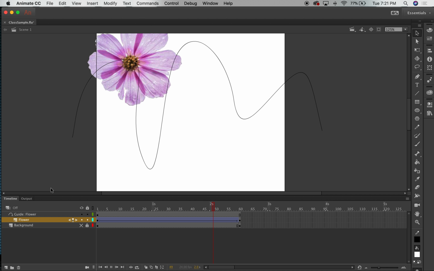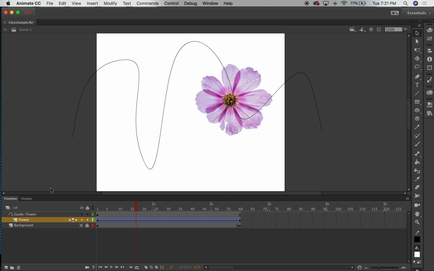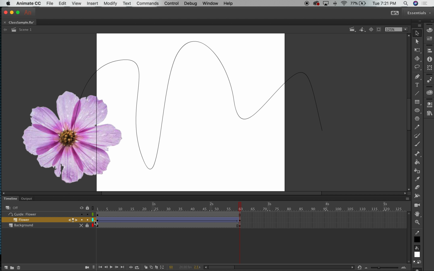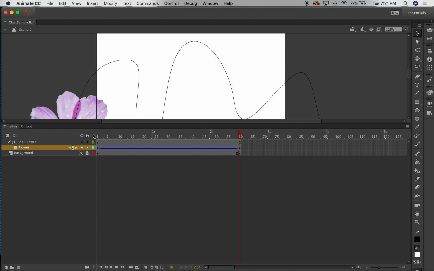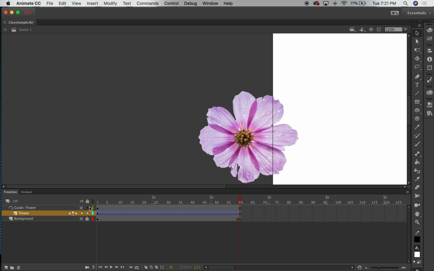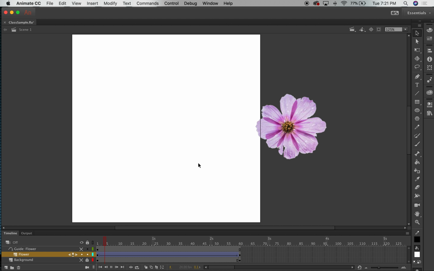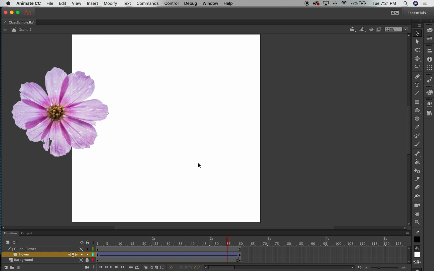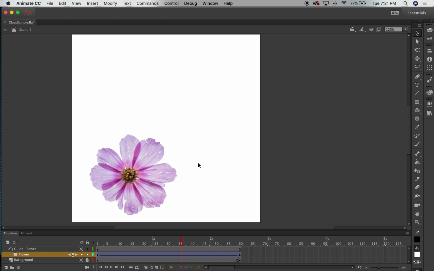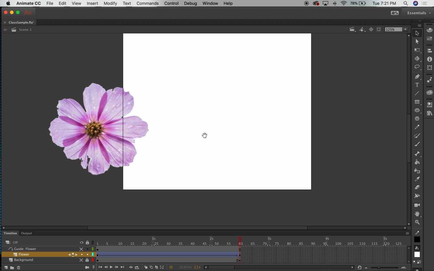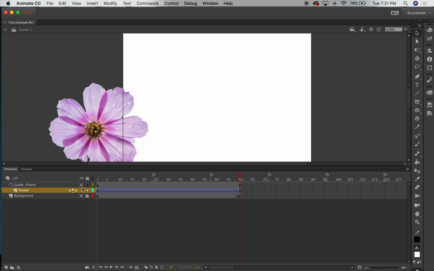Of course, this line is showing, and we don't want it to show. You can actually just turn off that guide layer by hitting this little eyeball icon again. Just click it right underneath there, and then that will go. Now, if I wanted to kind of show it like so, if I wanted to then make this object change its path, I could